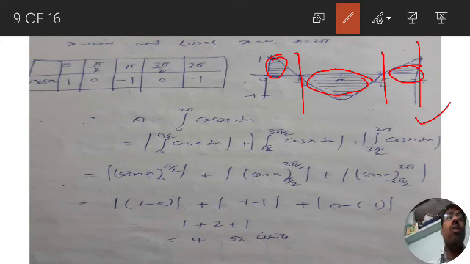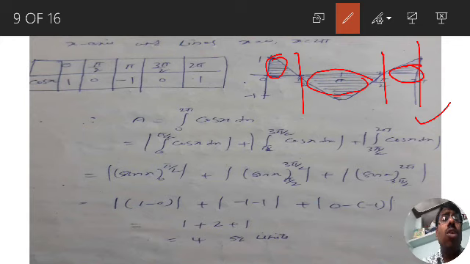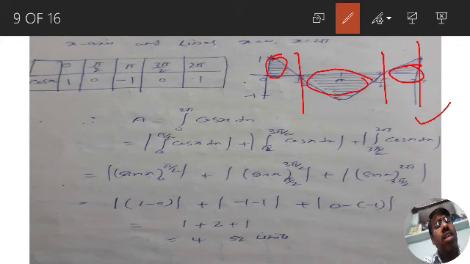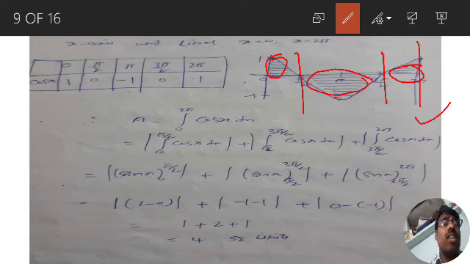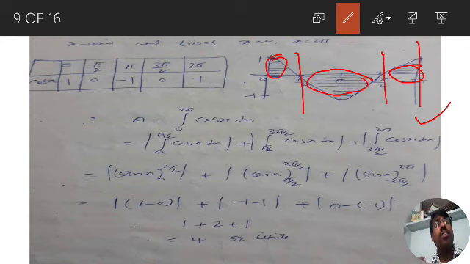So for each region you have to take the modulus. So modulus of integration 0 to pi by 2 cos x dx, plus modulus of integration pi by 2 to 3 pi by 2 cos x dx, plus modulus of integration 3 pi by 2 to 2 pi cos x dx. What is the integration of cos x? The integration of cos x is sin x. If you don't know this basic formula, that the integration of cos x is sin x, go back to the first chapter. Read the formulas, practice all those procedures, come back and learn the new topic.